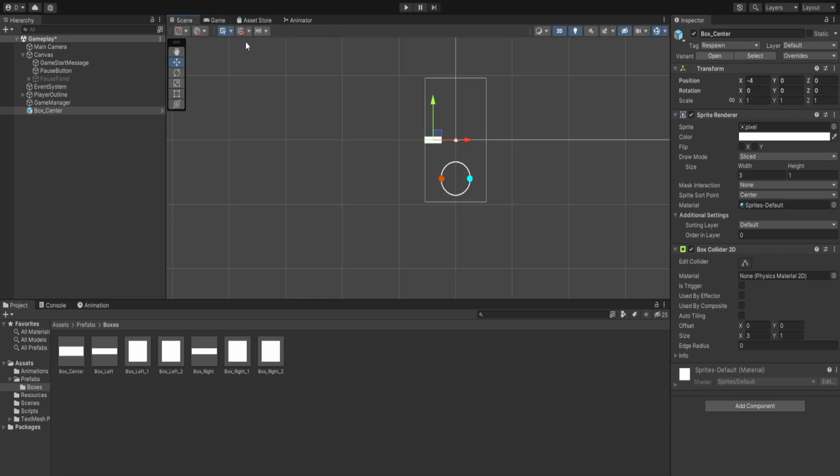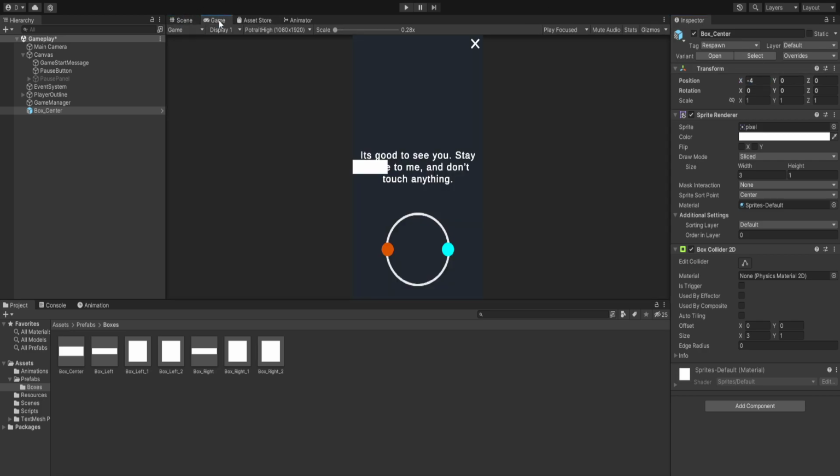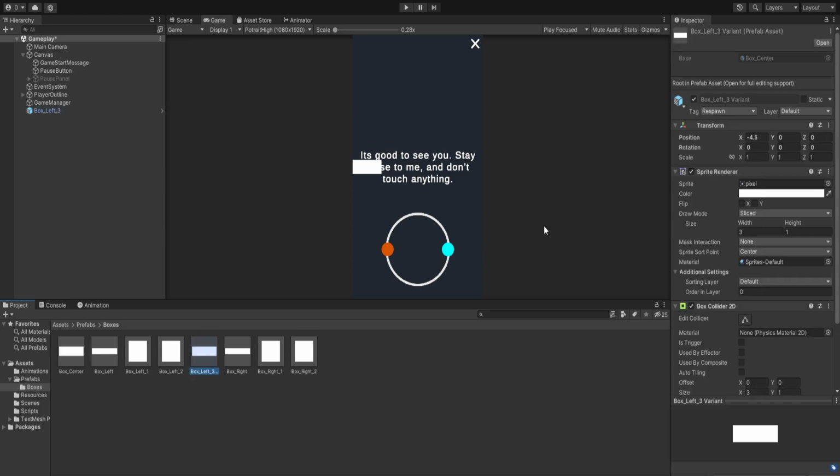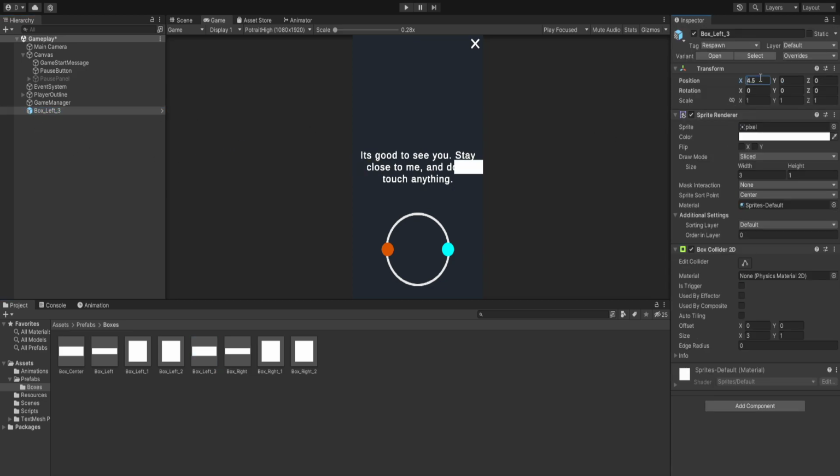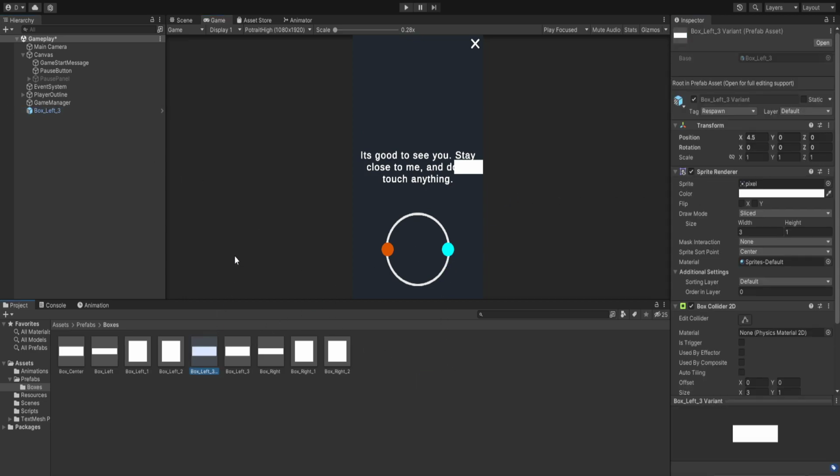So if we are inside our scene, we should be able to see it. Let's just have it at -4.5, or it may cause problems, and we'll rename it as BL3. And again, we'll save it as a prefab variant. Now, if we change the position to +4.5 and we save it as a prefab variant and rename it as BR3,